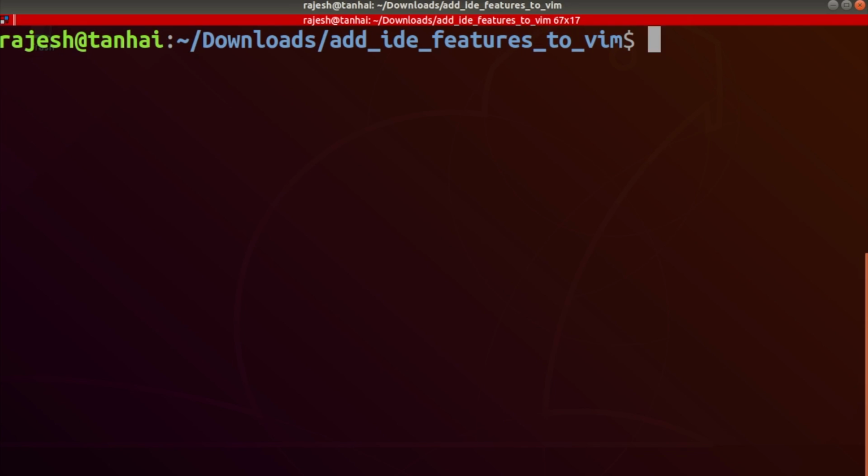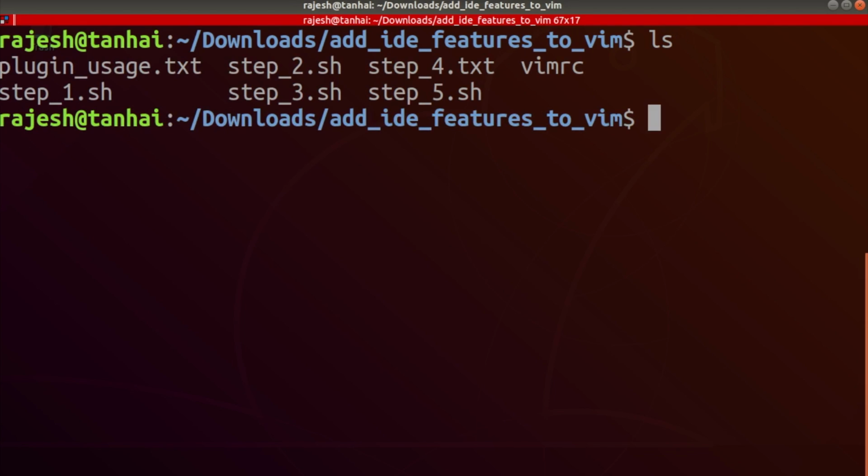and let's see what we have in this repository. So I have broken down this entire process of conversion into 5 simple steps. So most of these are shell scripts which you can directly install, but let's anyway see what is going on behind the scenes. So if we do a cat of step 1,